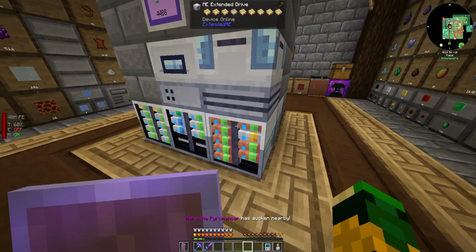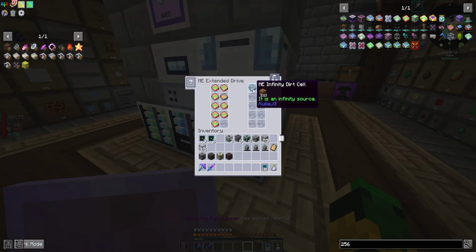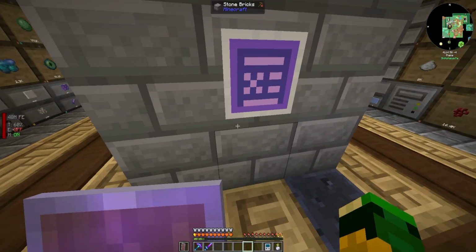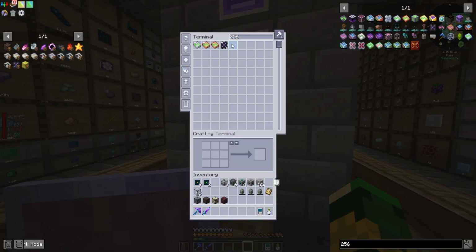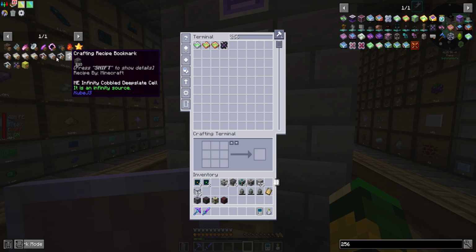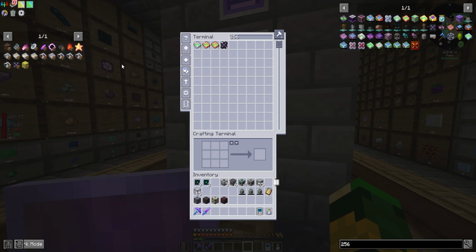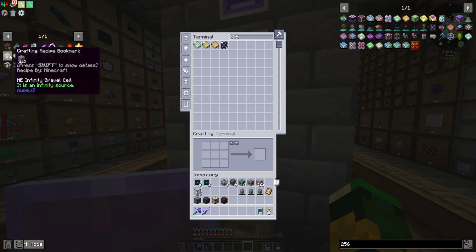I believe we got one back as a reward when we were doing some of these that we have already done. We can take a look that we already have the infinite dirt cell and the infinite cobblestone cell. And I think when we did one of those, it gave us another one. Plus, I've been continuing to make them. I originally said we may not make all of these, and I don't know. We might make them all. We'll see what kind of rewards we get. That might be something we want to do.